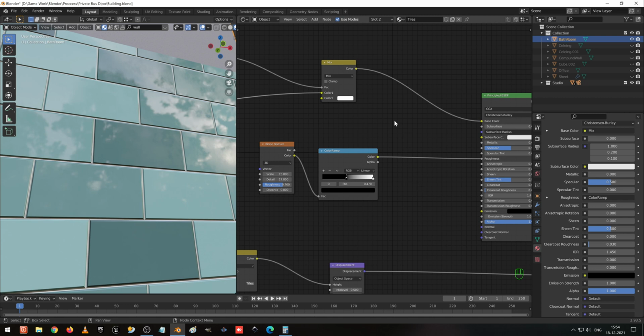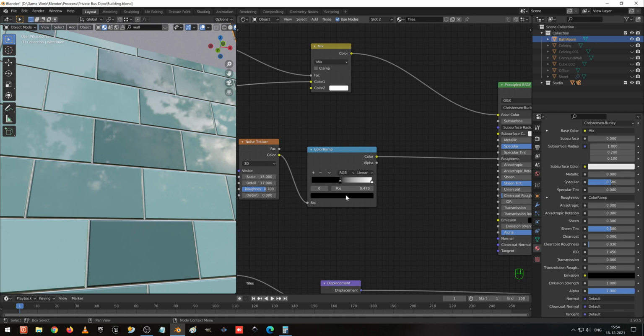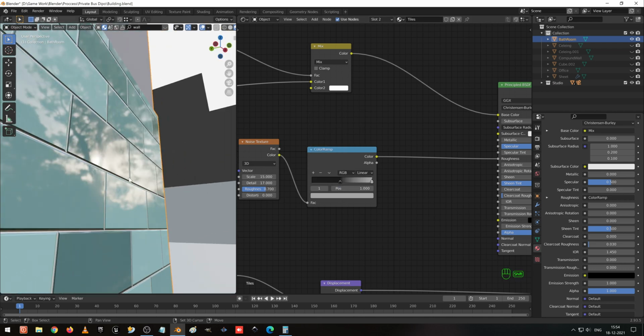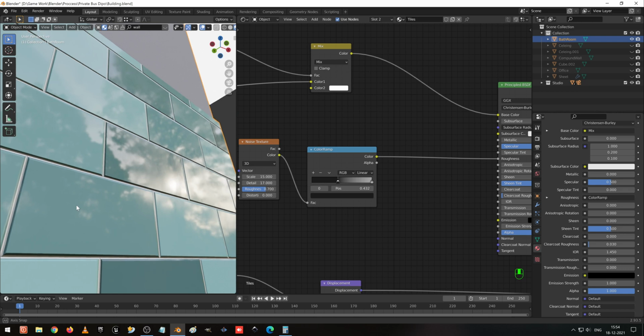So the mix shader, we can make this roughness and black not so black. What I'm going to do is give a little bit of light color, and this one I'm going to make a little bit gray. Okay, now this looks better, that roughness and everything. So I'm going to give a little bit more roughness here inside. Okay, now it looks better.